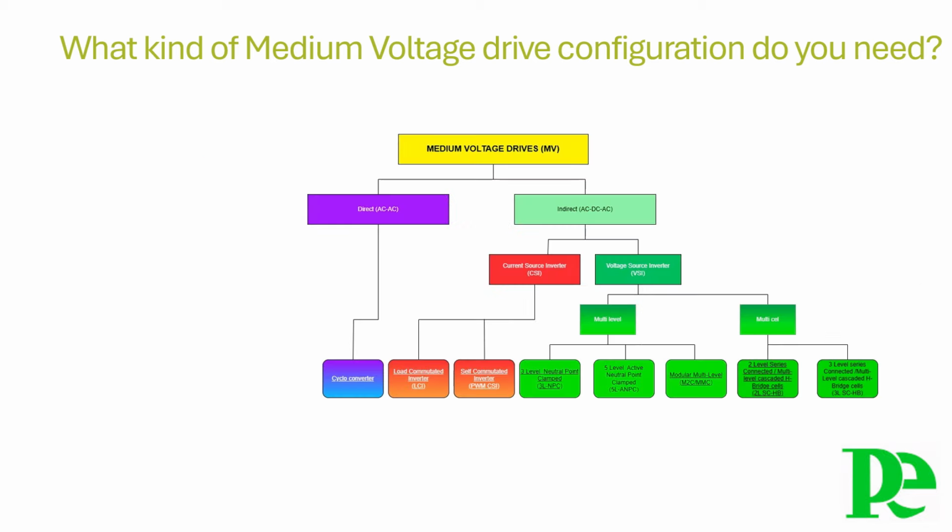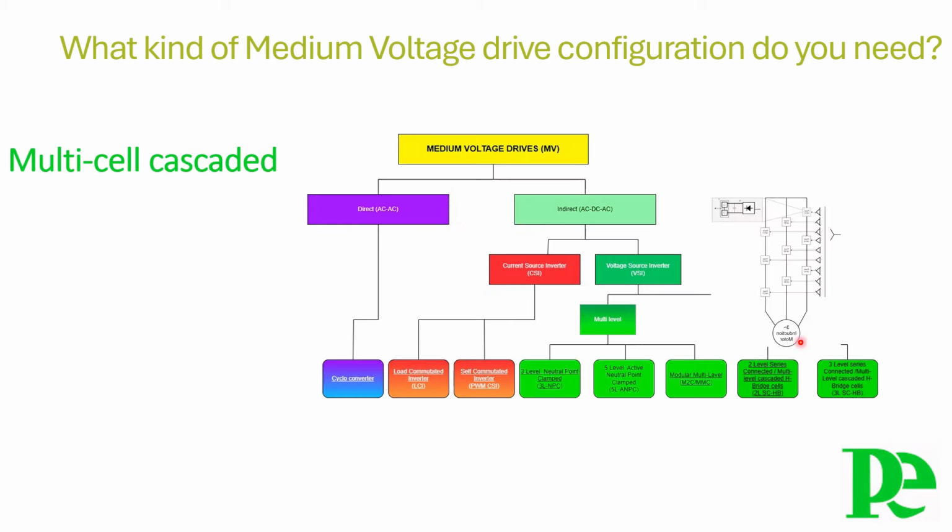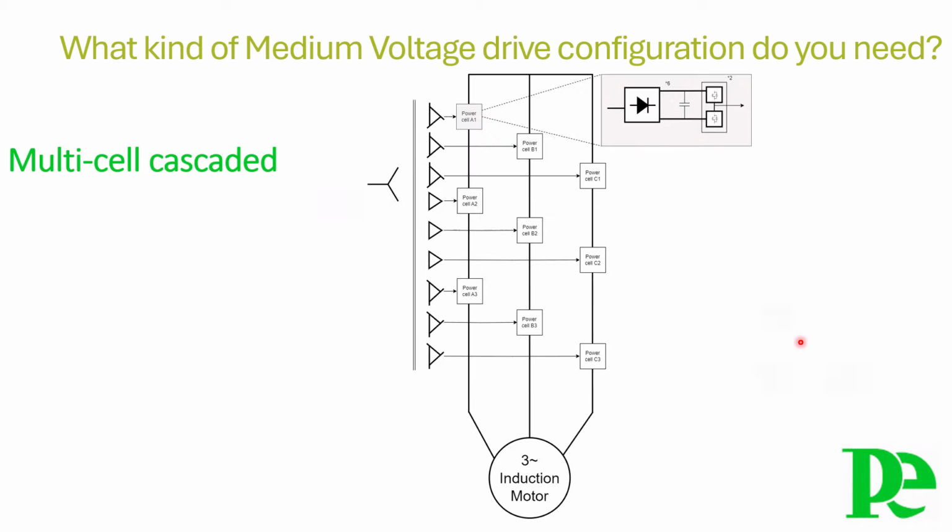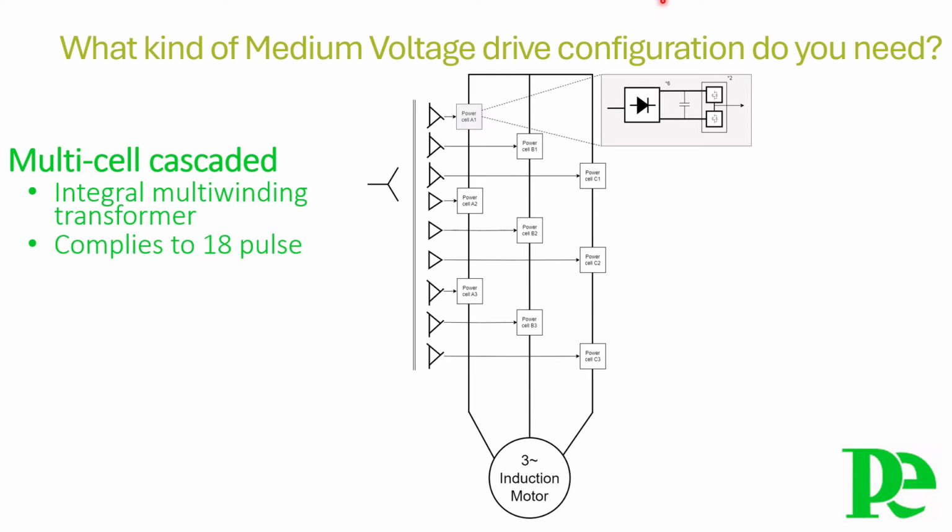Multi-level cascaded H-bridge cells. The integral dry multi-winding isolation transformer provides for clean input power thanks to the cancellation of harmonics by phase displacement. The remaining harmonic spectrum is lower than the level of an 18-pulse 3-level neutral point clamped drive. The multi-cascaded H-bridge cells topology combines the output of multiple low-voltage power cells to achieve medium voltage levels. Each power cell is a